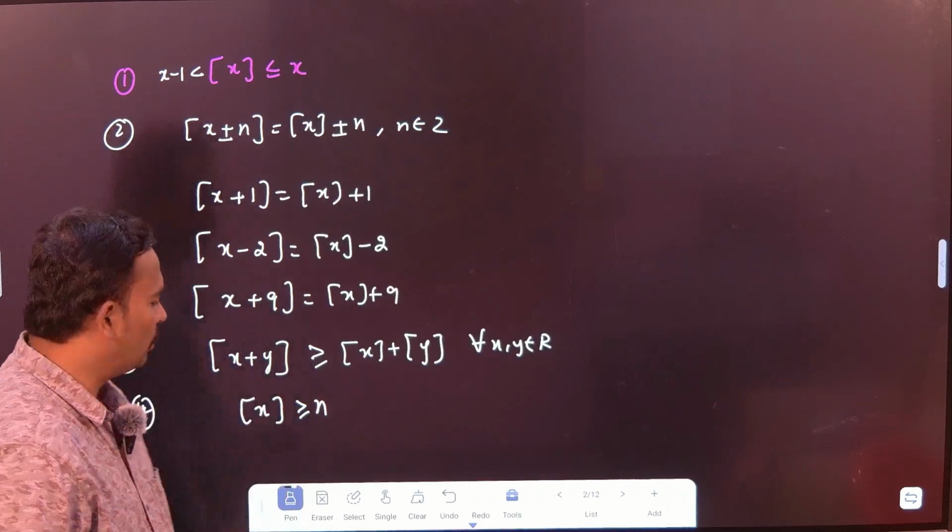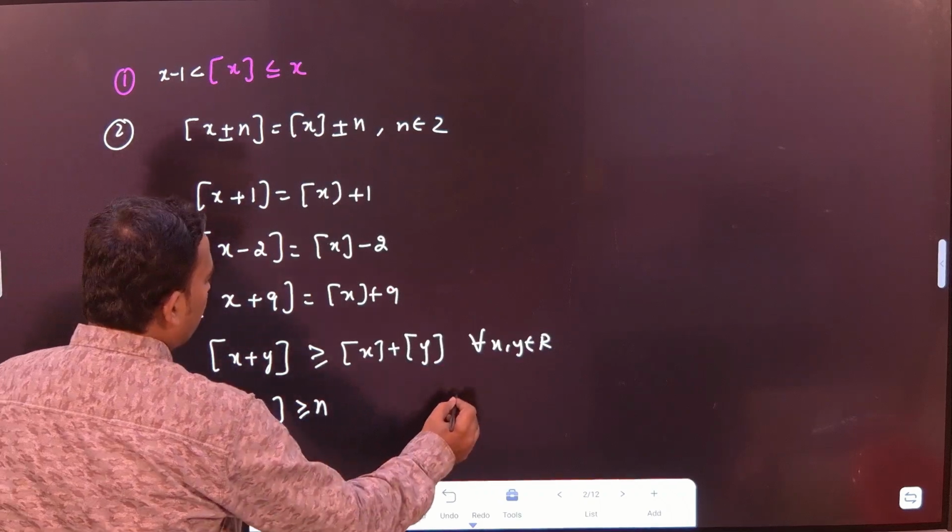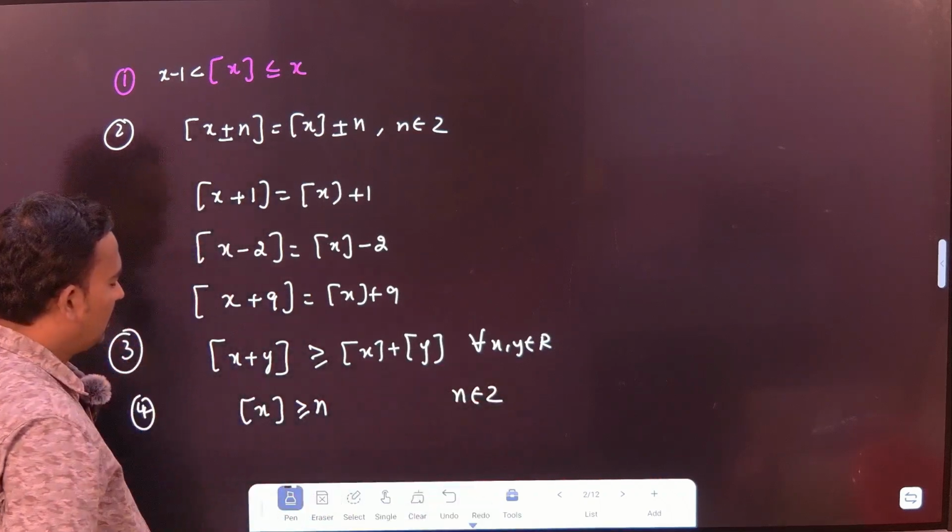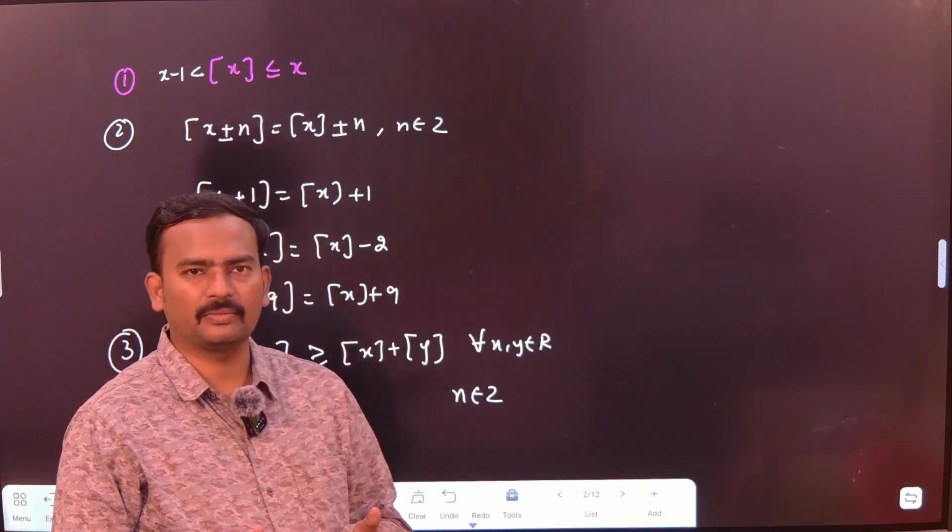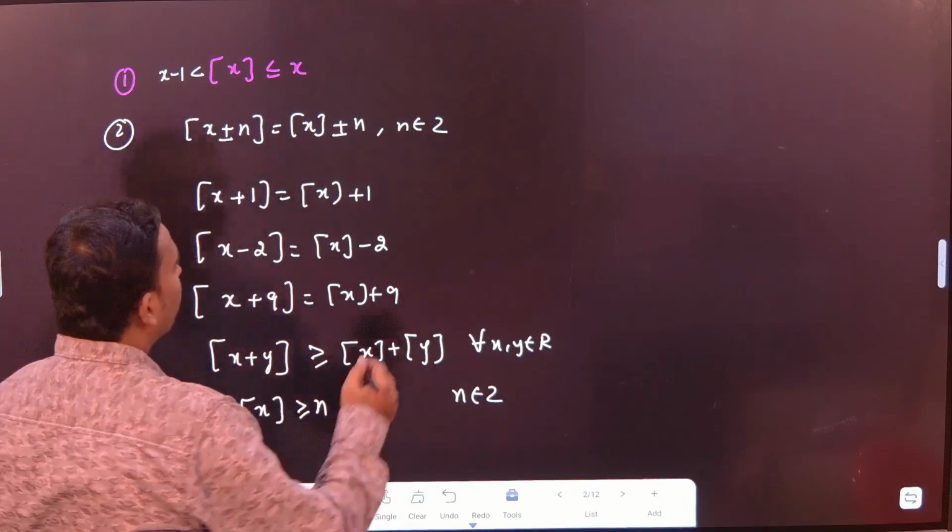N here belongs to integer. N belongs to integer. Then where the x values lie, we need to find out. For example, if I take